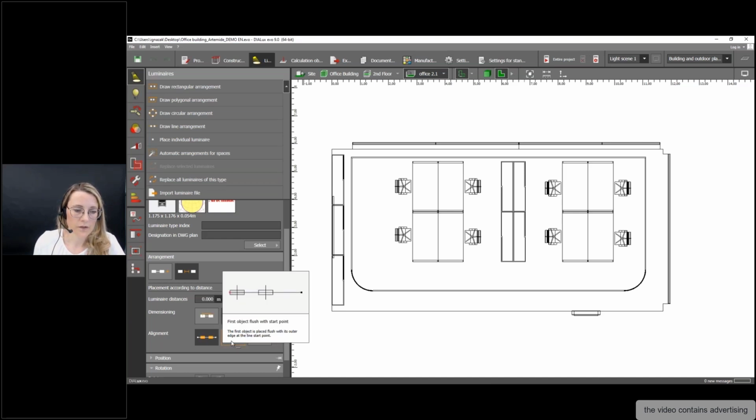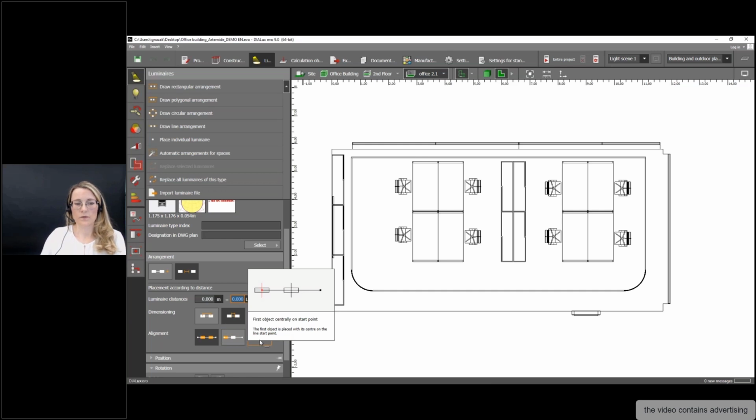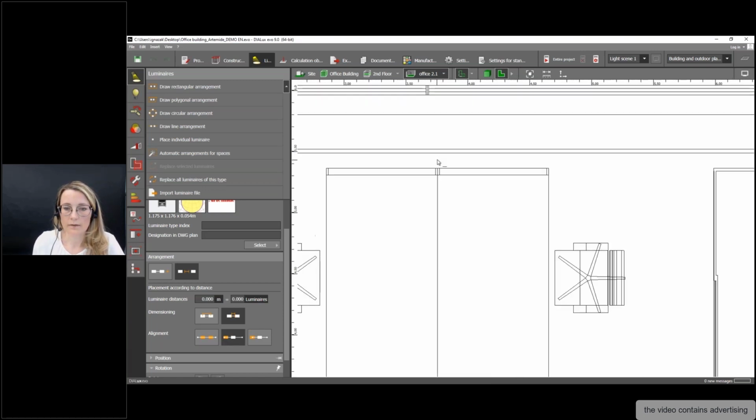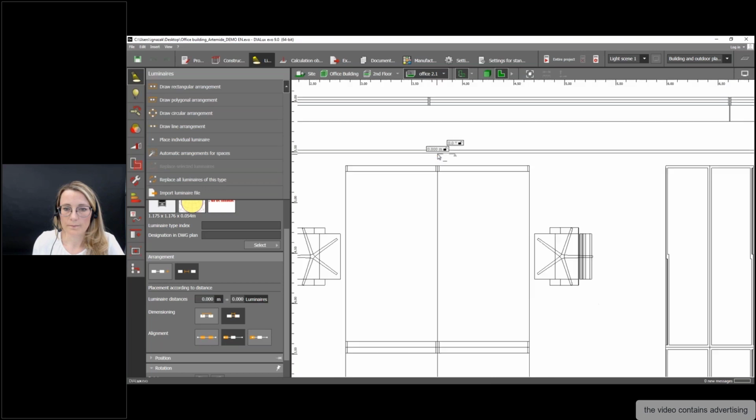The first object should start with the start point or the central point here. So the center of the first luminaire should be here on the start point. In my case, I often use the second one for the edge here on the start point. And then I can go in my project and